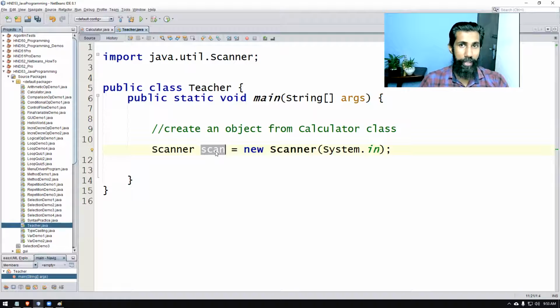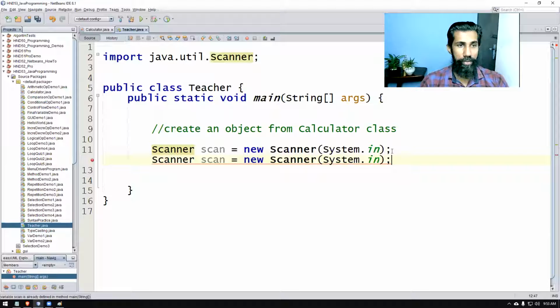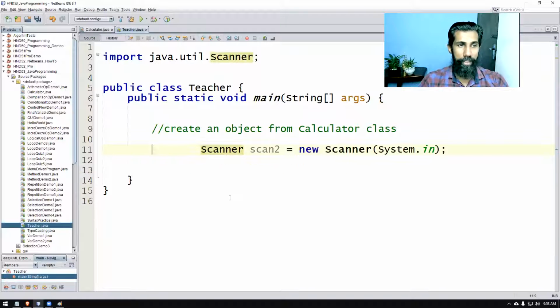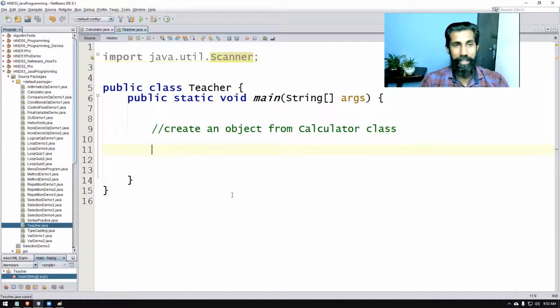That is what I'm saying, unique identity. This is the identity we are talking about. So there can't be another object inside the same program called scan, because it's already defined. See, that's wrong: variable scan is already defined in method main, so you can't use that. You have to use unique IDs. So go ahead and create like this. Each scanner object has a unique ID, right? Actually, we don't need that. We don't need the scanner class either.